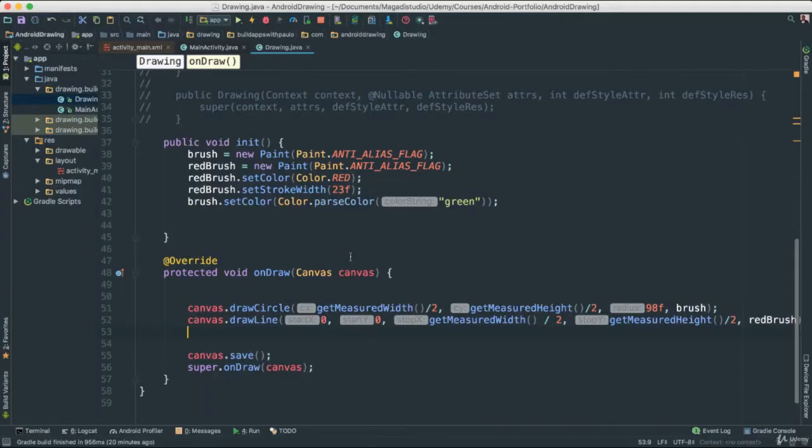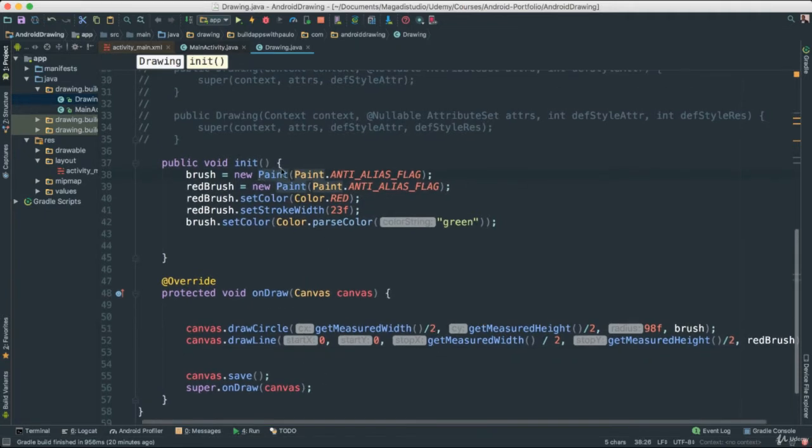Now, the next thing you may ask is, how do I get more information about all of these objects, all of these classes, Paint and Canvas and so forth? Let's take Paint, for instance. Well, the beauty is that there is documentation. So if we go to